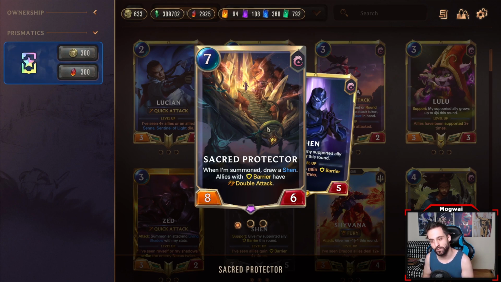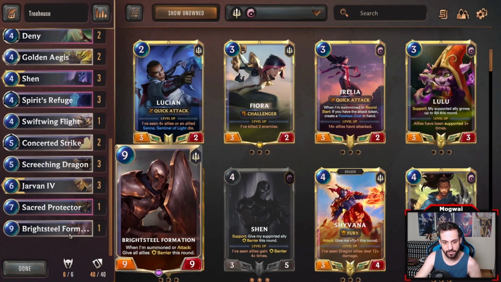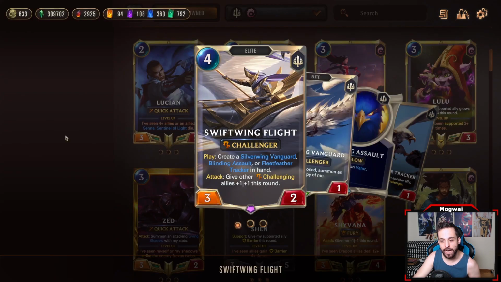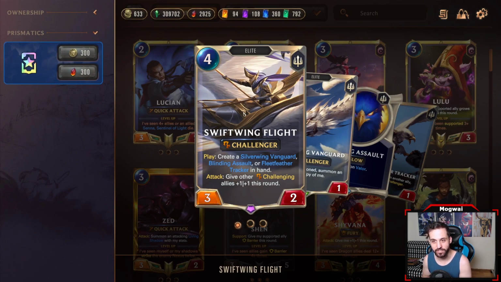So we can't afford to run too many of these because we will be put in a situation in which we just get overwhelmed by the fast-paced nature of this meta. But I do like it as a one-off alongside Bryce Deformation as a one-off, as kind of like our late game bombs, right? And then we have a copy of Swift Wing Flight, which is a new challenger